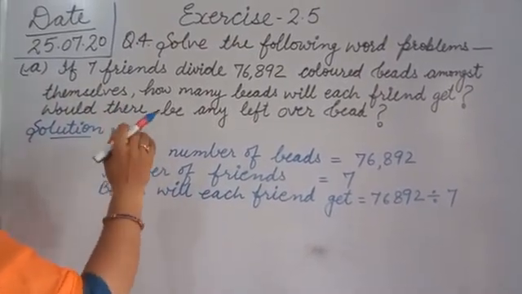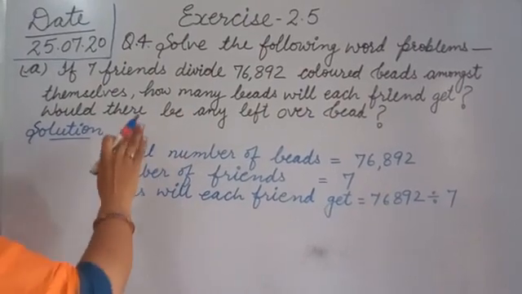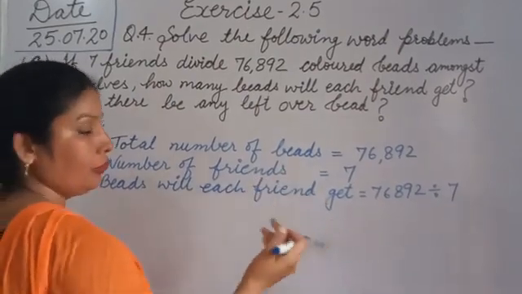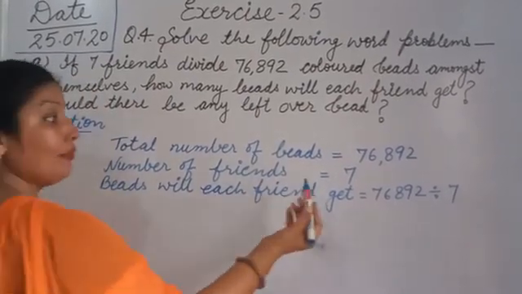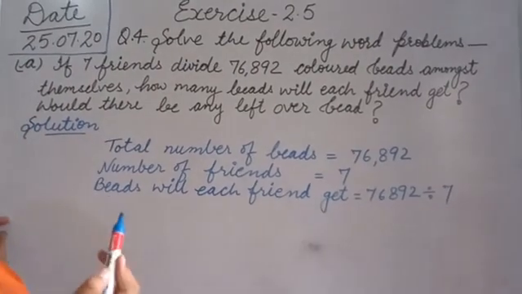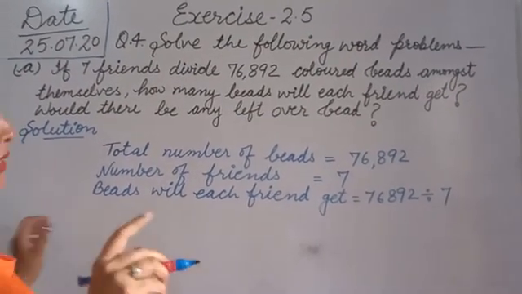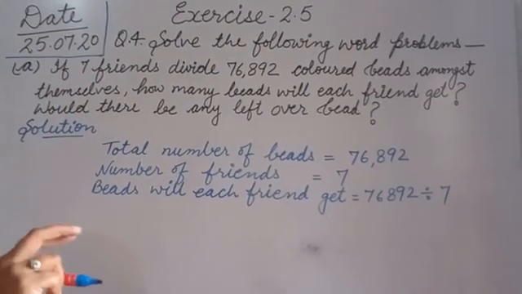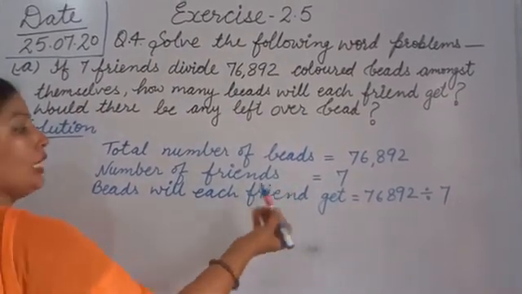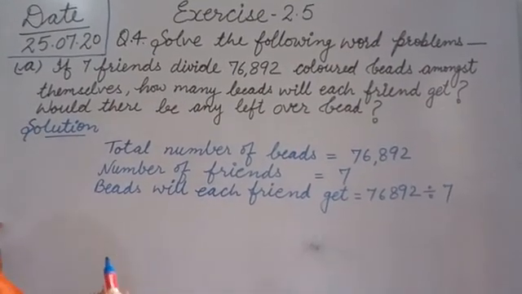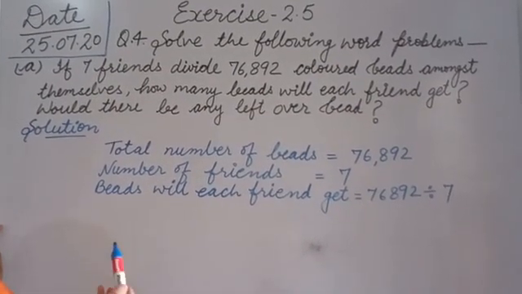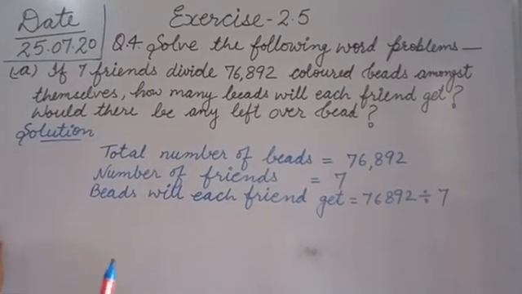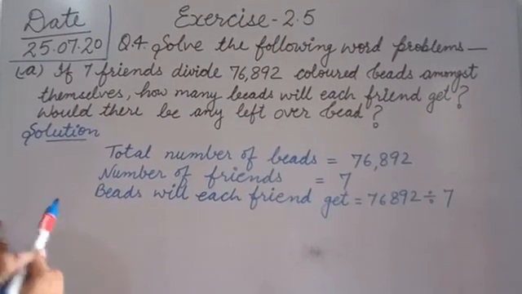Now we come to our question. How many beads will each friend get? So we will write beads each friend gets. For that we will do divide because there are 7 friends and we have to find each. जब हमें ज्यादा का गिवन है 7 फ्रेंड्स को ये मिल रहे हैं तो एवरी को तो कम मिलेंगे. Whenever we know the more and we are finding 1 each, means every one, for that we will do divide. जब हमें ज्यादा का 7 का पता है 1 का फाइंड करना है तो उसके लिए हम डिवाइड करेंगे.